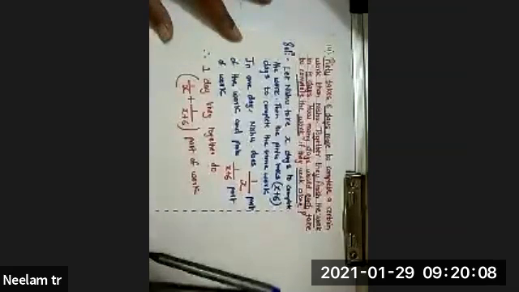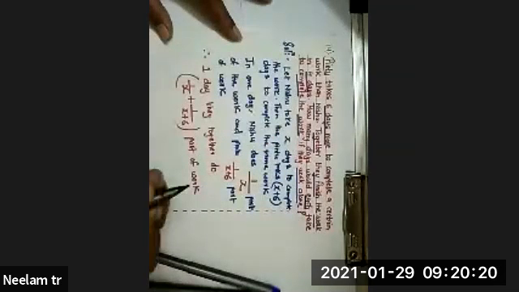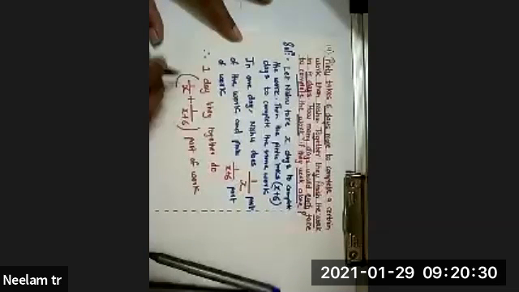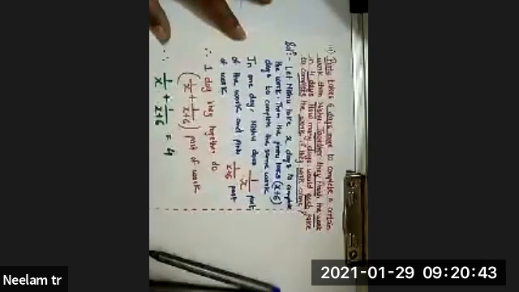Now what are you going to do? The next step will be together. How many days will they take? They will take 4 days. Together they finish the work in 4 days, means together they are working and they will finish the work in 4 days. This much is clear to you all? Chalo. Therefore, 1 by X plus 1 divided by X plus 6 is how much? 4 days. Yes, 4 days.